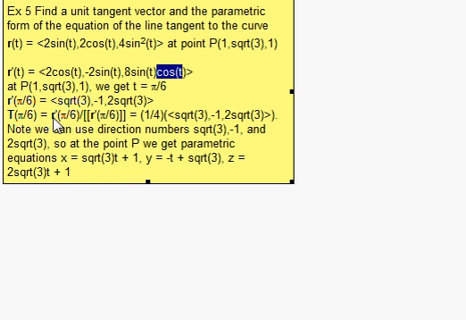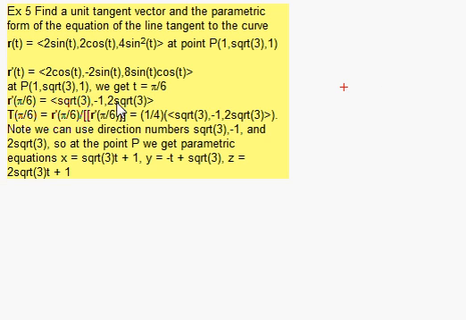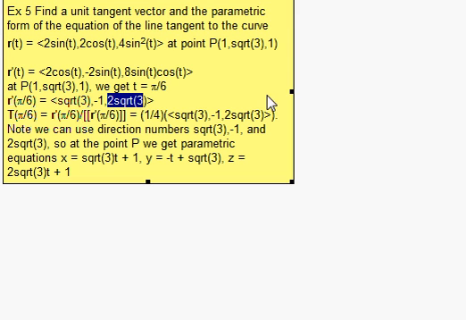So the unit tangent vector there would be r prime evaluated at pi over 6 divided by its length. The length of this vector would be the square root of square root of 3 squared, which is 3, plus negative 1 squared, which is 1, plus 2 square root of 3 squared, which would be 12. So we have 3 plus 1 plus 12, which is 16. Remember, the length would be the square root of 16, which is 4, so it's